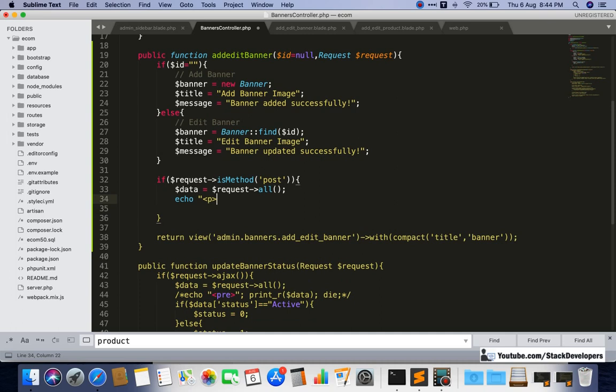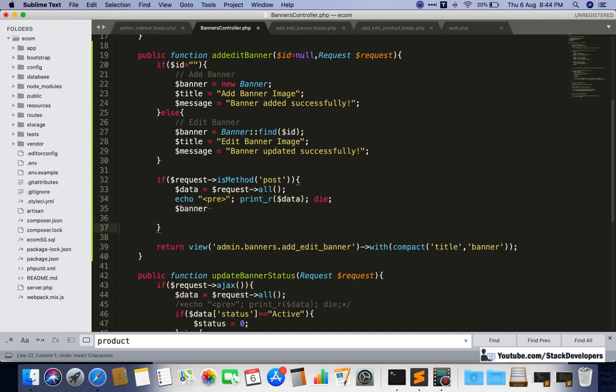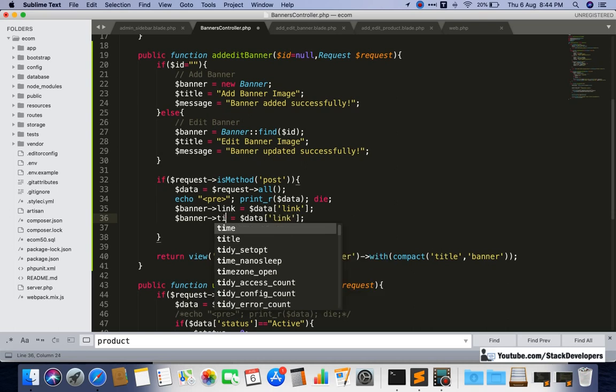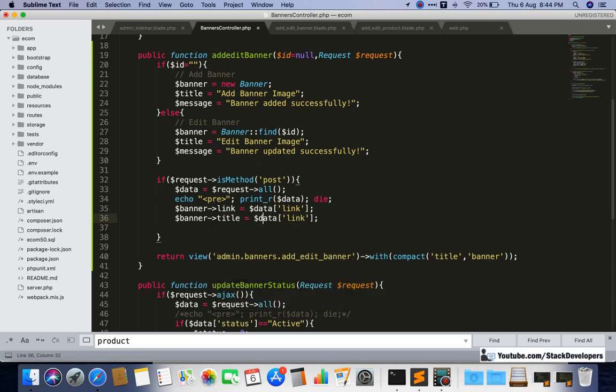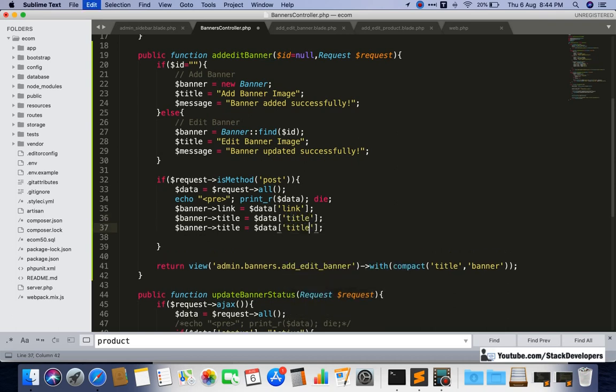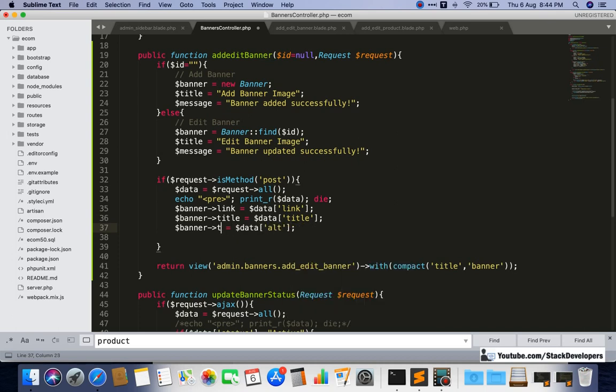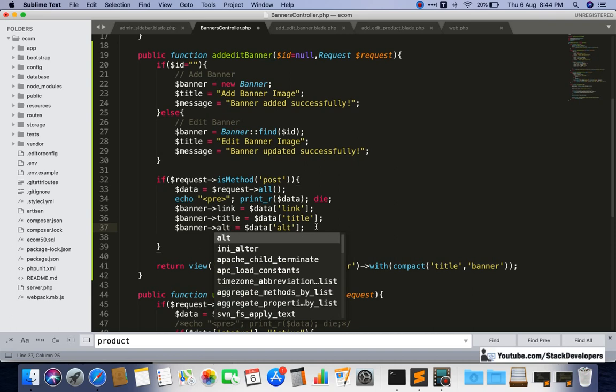Link we are going to post like we used to post. $data link is coming up, and after that title is coming up, and after that alt tag is coming up, and finally we need to upload the image.